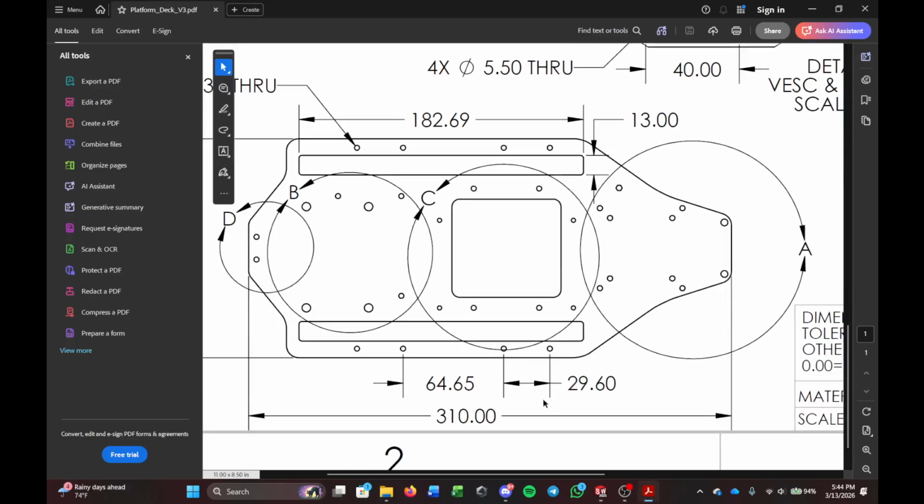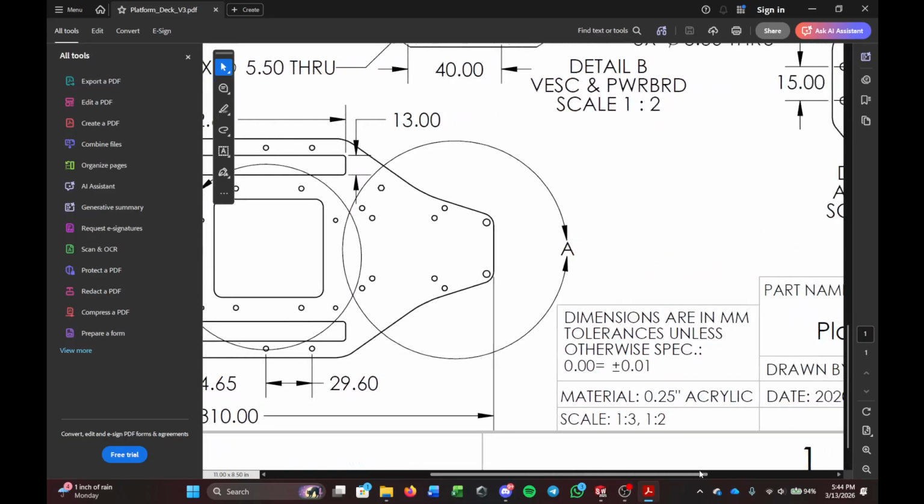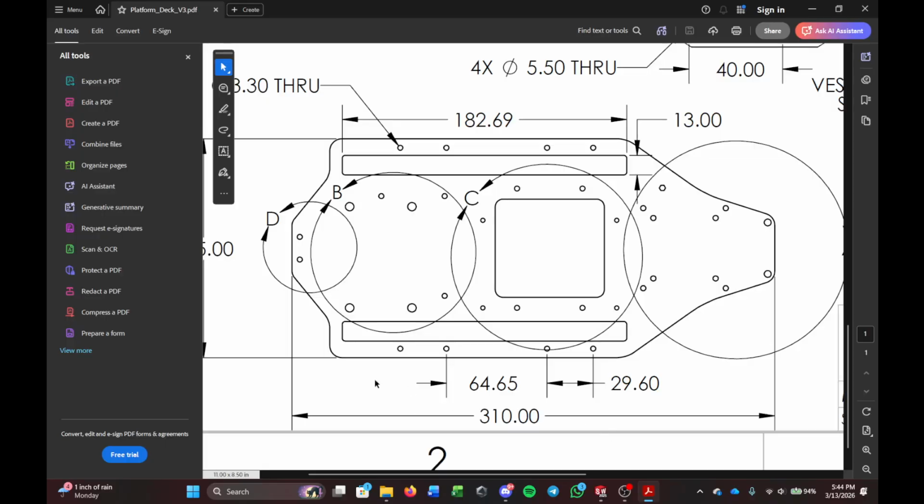All right, so first things first, at the bottom of this part, it's telling me the entire length of my part is 310. And once again, that's in millimeters. The document tells me in millimeters, that's what we want. So from the left to right,